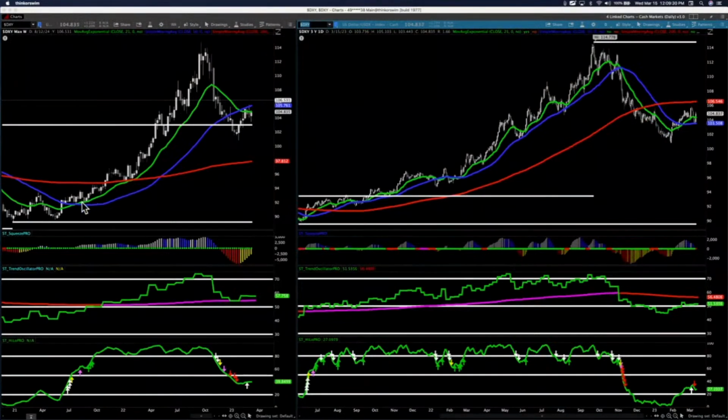Pretty clearly on the weekly chart, you can see the 21 is just perfect trend, right? In general, what I like to do is just kind of blur the lines between the 21 and the 50, right? See how if you just kind of look at it like a zone, every pullback to that level works. And then when it stops working, it all breaks down. So at this point, you did have trend all through here. And in that instance, you would use your moving averages. Again, I would invite you to consider looking at the 50, 200 kind of cloud, if you will, as kind of a support band, right?